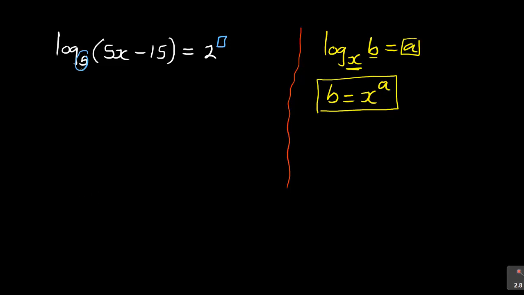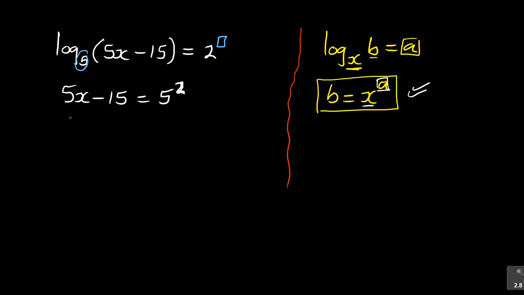So when I use it here, it will be, in this case, 5x minus 15 is equal to 5 to the power of 2. So please correct that one. That is the proper way, because you saw that I tried to test that, it didn't even work. Sometimes you make these errors and then you need to come back and see where you are missing it. So this is the proper way of application. The x is the one that is the base and the a is the one that is the exponent.